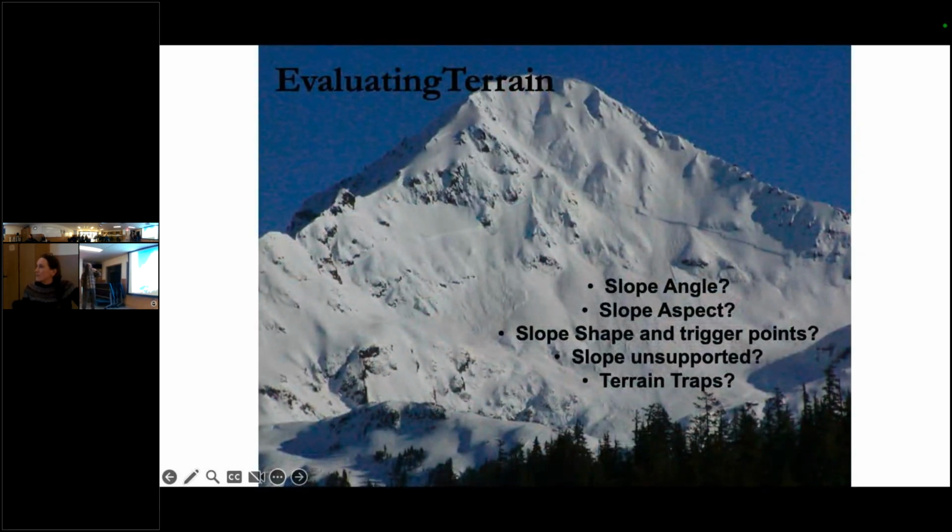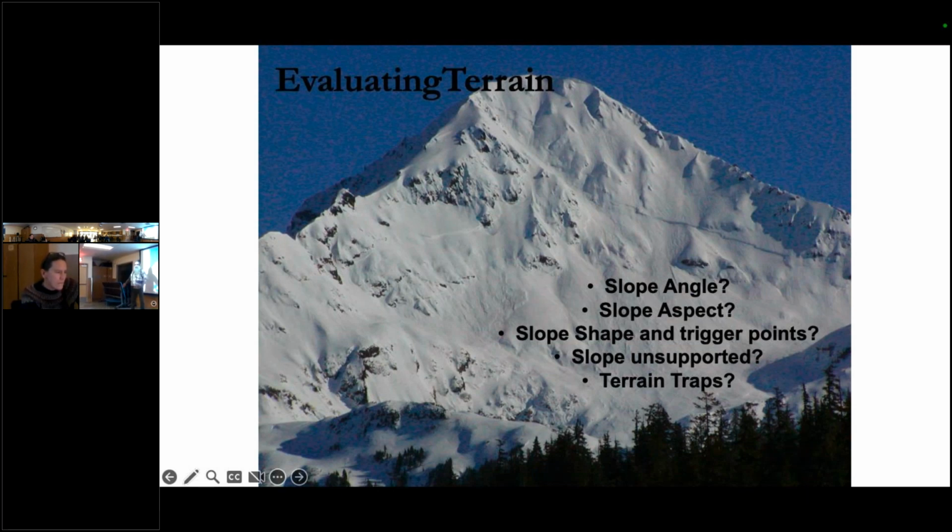Yeah. So the things you think about when you're evaluating is the slope angle is kind of the number one thing. Typically avalanches happen between 30 and 45 degree slopes. Steeper slopes than that, they tend to slough off continually during storms so that there's no snow left to set up a slab. And then lower slopes, it's just not steep enough. But there are avalanches that do happen at low angle, typically in cold, drier climates when you get a dump on.